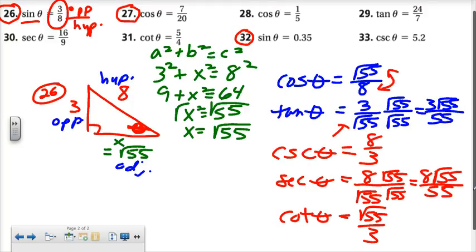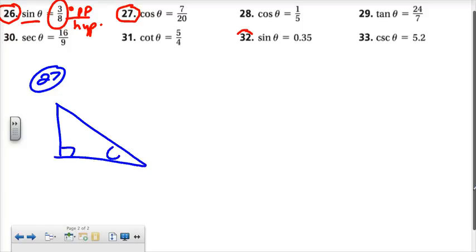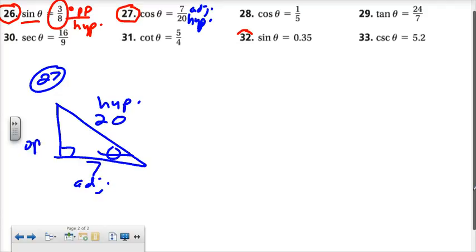Now, I will erase this so that I can talk you through the same type of thing for number 27. So number 27, again, you get to pick which acute angle. I'm going to put theta right there. And cosine, remember SOHCAHTOA, is adjacent over hypotenuse. Well, adjacent is right here, and hypotenuse is right here. So ADJ, HYP, that leaves OPP for that one,